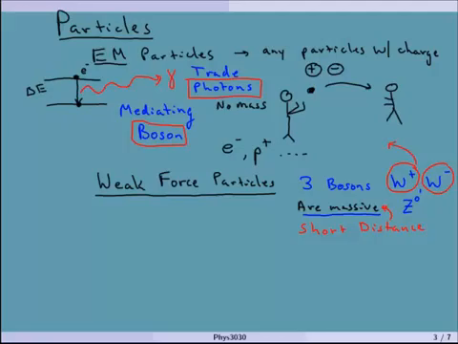The weak force particles are the electron and the quarks, which make up the proton. So there are quarks, which I'll talk about in a second, and the proton, which is really made up of quarks, and then of course the bosons, and then these things called neutrinos. This isn't a V, it's another Greek letter; you're going to see a few more Greek letters, and this is a neutrino. There are different kinds of neutrinos. Let's call this one an electron neutrino, and we'll talk about those as we keep going. These take part in the weak force and interact with the electrons. In fact, the neutrinos really only interact weakly. They don't interact with the E and M force because they have no charge, and they do not interact with the strong force either. And so the strong force